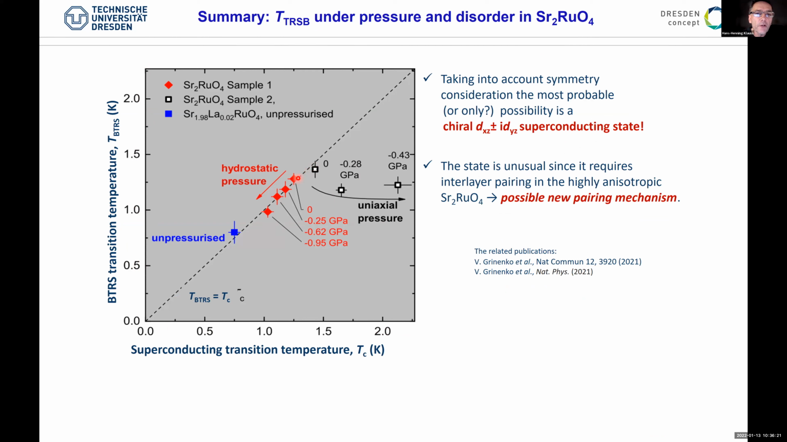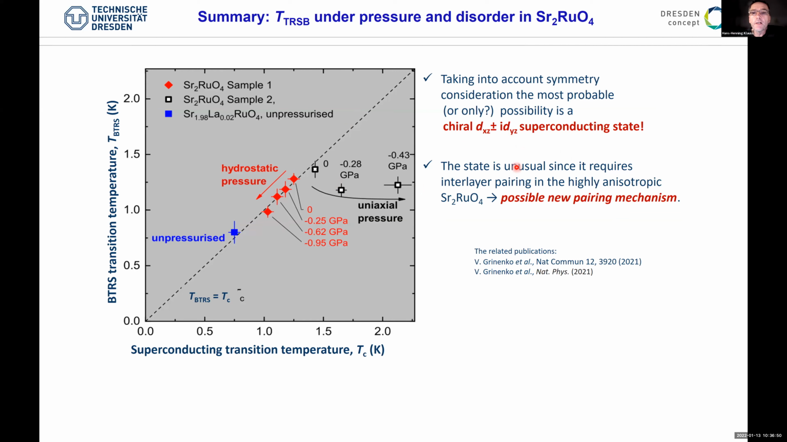Now you apply hydrostatic pressure or you dope the system, and all these points lie exactly on this line where these both temperatures agree. And here I plotted just the 2 points out of the uniaxial pressure experiment, which clearly show this deviation from that line. So taking into account all these results, we think that a chiral 2-component order parameter is most probable for strontium